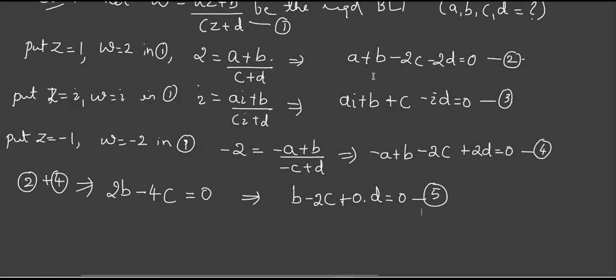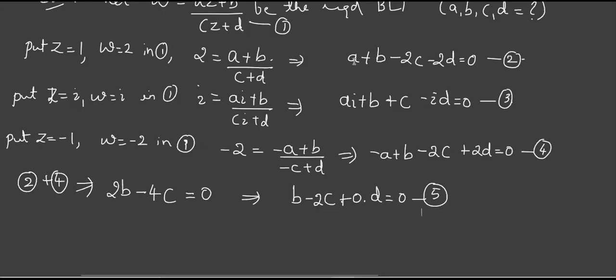Similarly, don't use the same two equations. With one of the equations, you can make use of the remaining one more and get rid of the same unknown, maybe a only. Are you getting it? I'm going to construct now two equations in 3 unknowns, so we can apply one method. Now I want to get rid of a. For equation 2 it is a, for equation 3 it is ai. How can I cancel it?